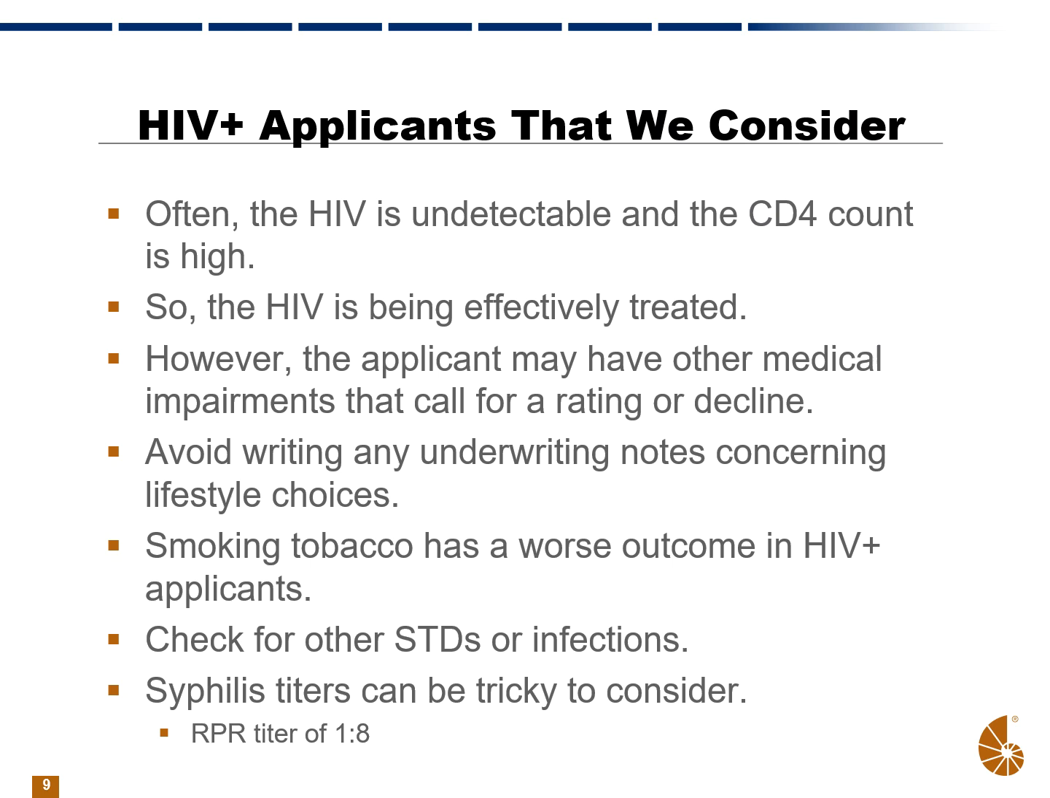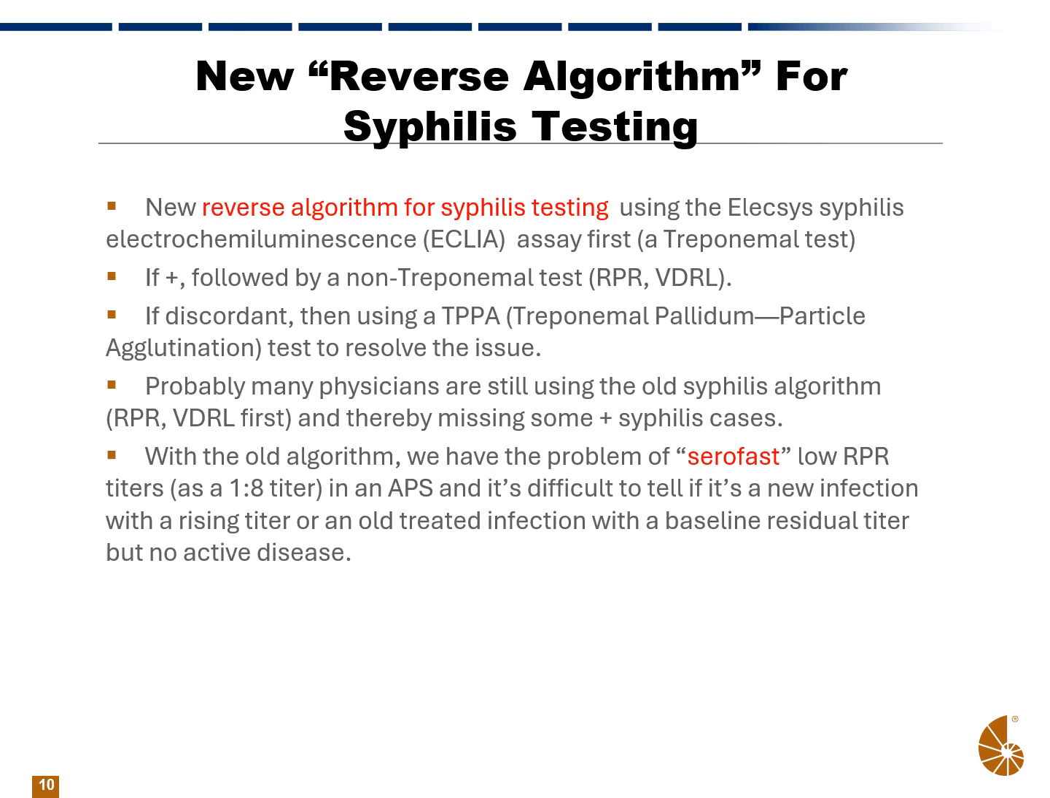We check for STDs or other infections, and syphilis titers can be particularly tricky to consider, especially when you get low levels of titers and you're not sure if this is a new infection or a residual infection that was treated effectively. So there's a new algorithm for testing for syphilis, which is often evaluated in applicants that are positive for HIV. It's called the reverse algorithm for syphilis testing, and it uses an Alexis syphilis